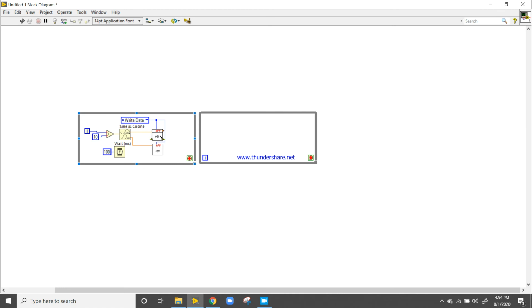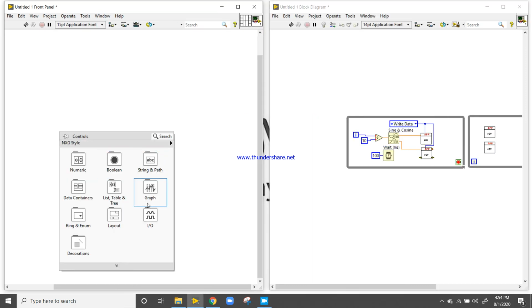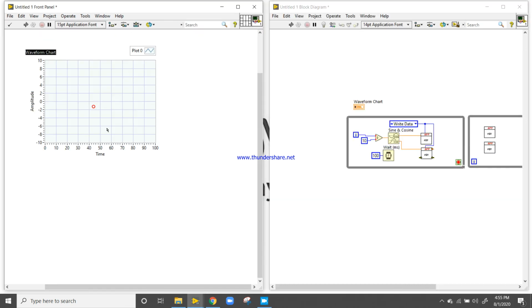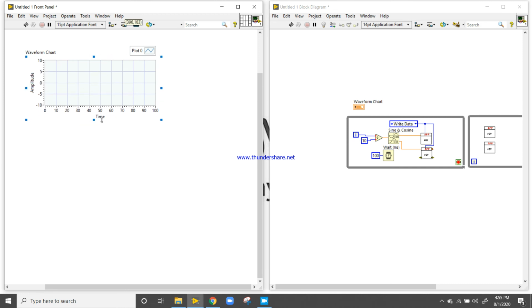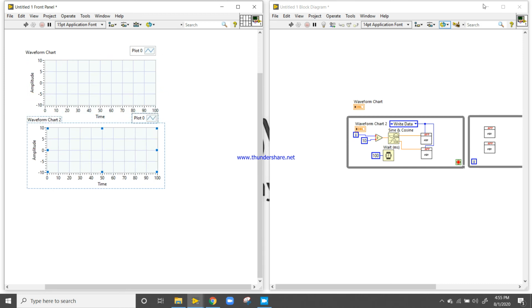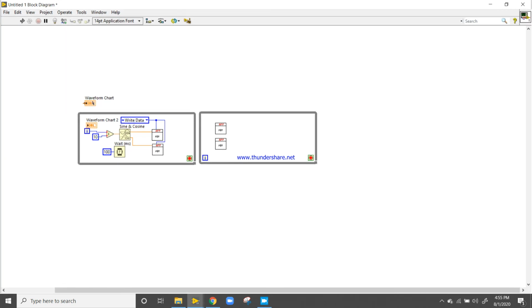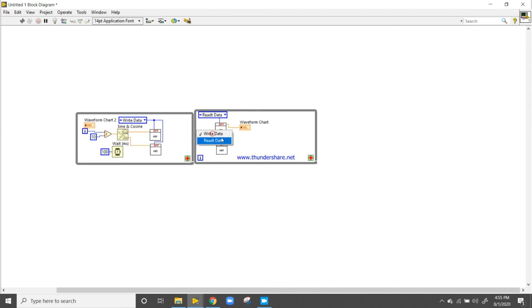Now take the same variable in the block diagram, come to the front panel, right click, take a waveform chart. Take another waveform chart. Waveform chart 1 is here. Right click, action, read data. Now right click, action, read data.